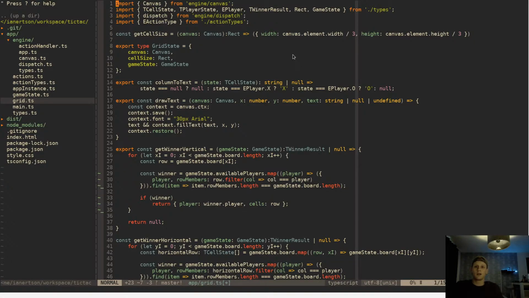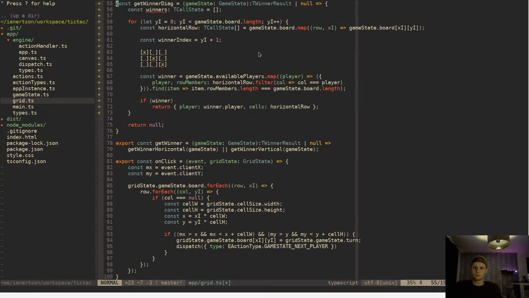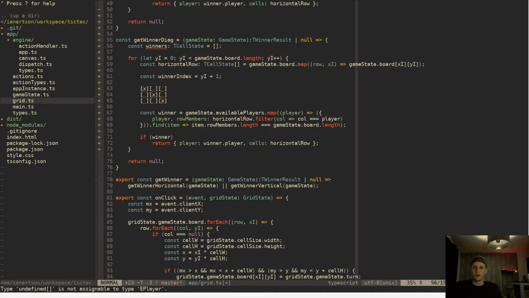T. No, it should be T cell state. T cell state. What are you talking about? I don't get it. Type undefined is not assignable to e player. Oh. So there we go. And then we have to do